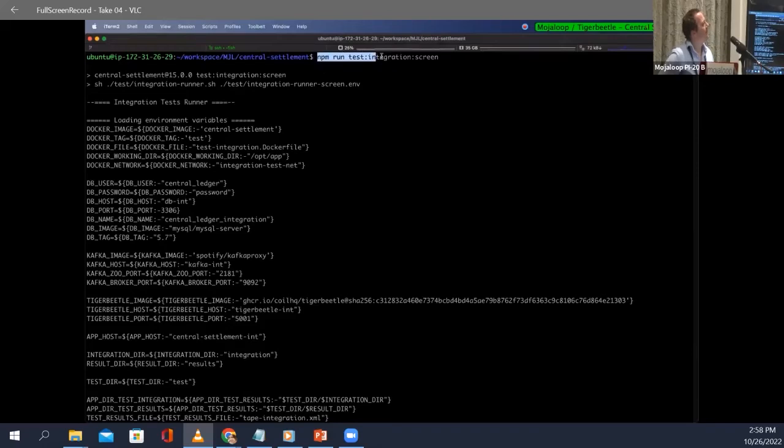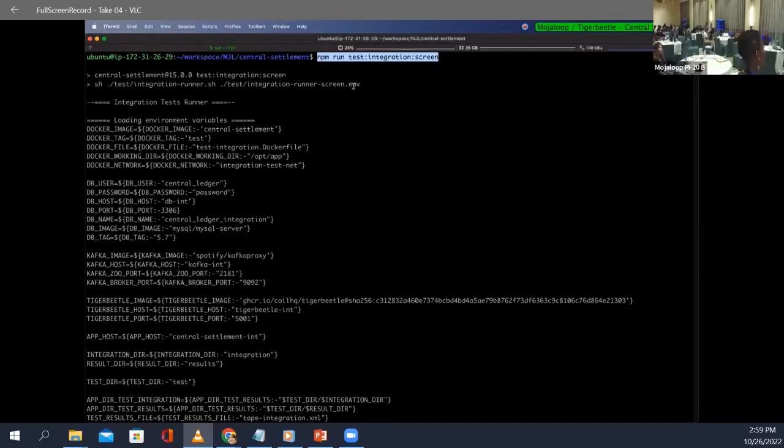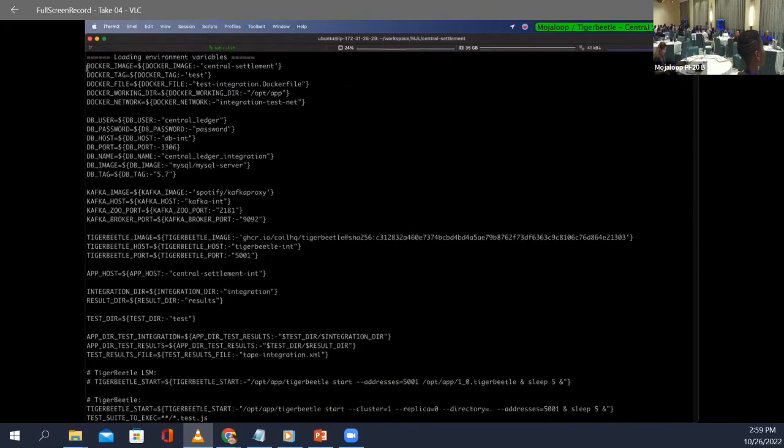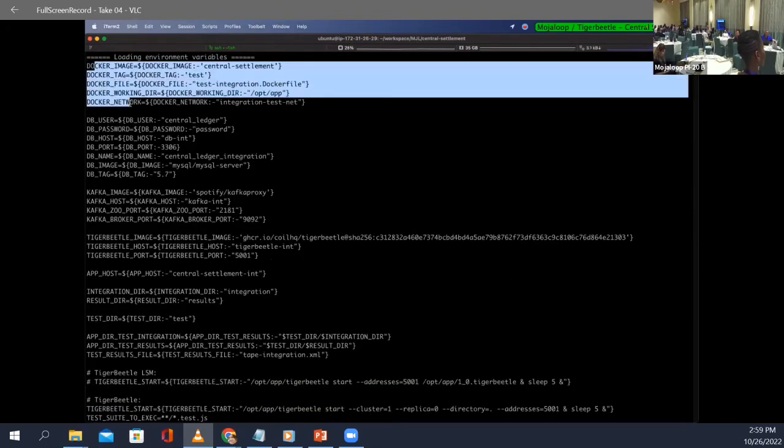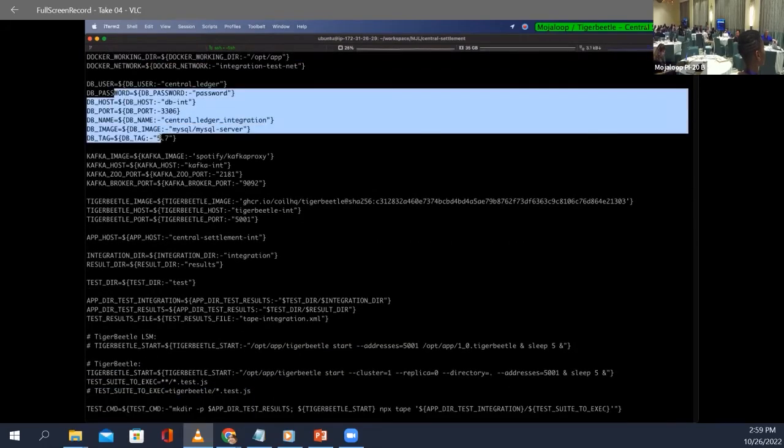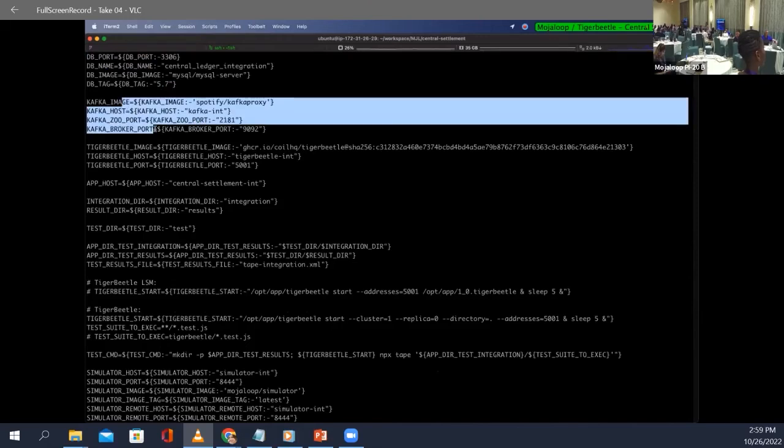I will be showcasing running the integration test end to end with specialized output in the integration tests. Before we can actually start with running the integration test, we need the environment ready in which the integration test will be executed in. We will see over here all of the Docker images being built or being pulled from